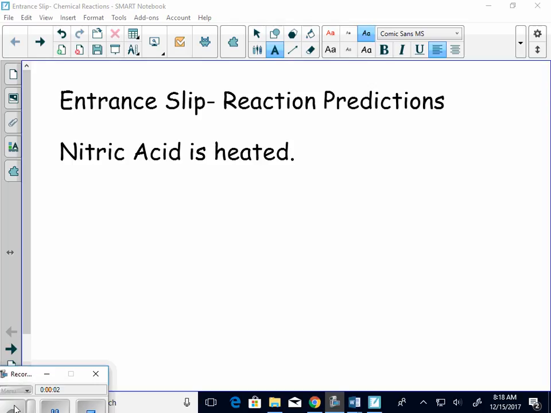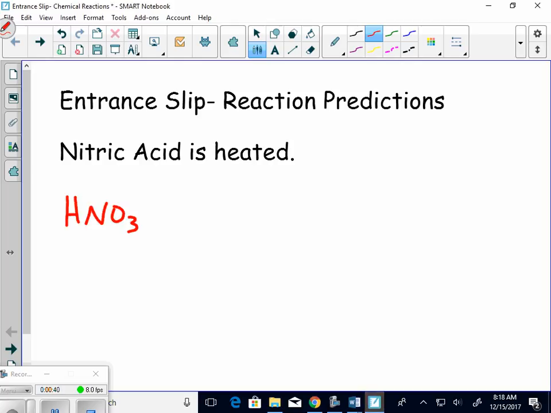You should already have out the materials that you need. Now, when we're looking at these, we're going to first talk about nitric acid. Anytime I have one single reactant, I am immediately thinking that is decomposition. Okay, decomposition. And as I look at my decomposition reaction, I know that nitric acid, first of all, is